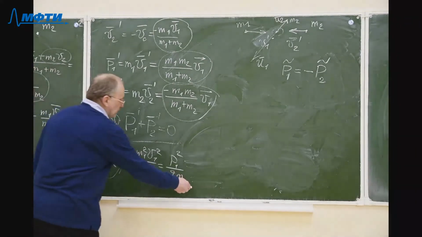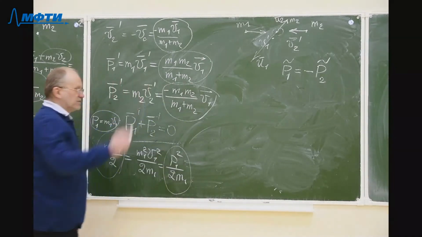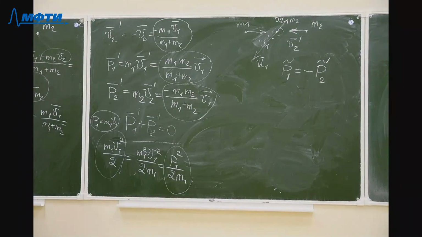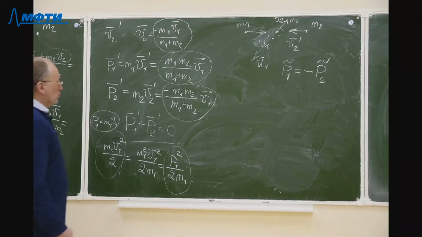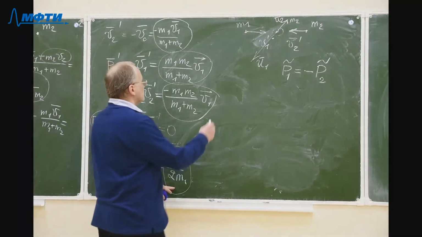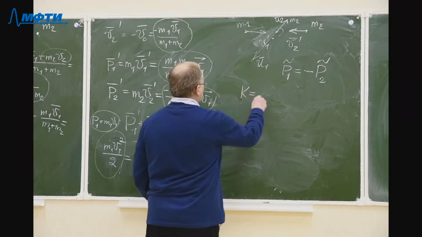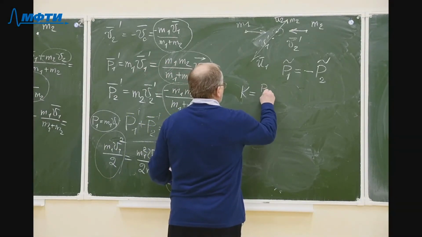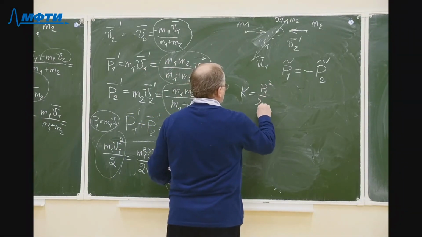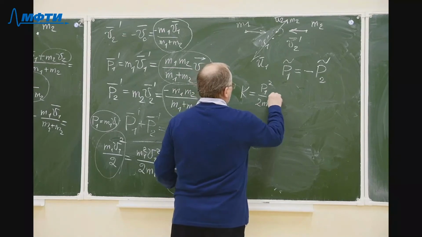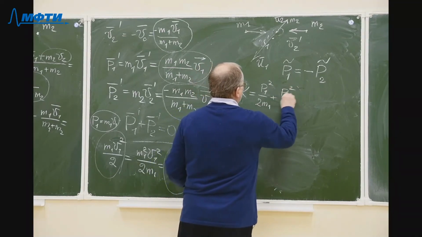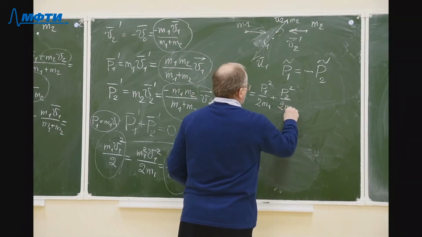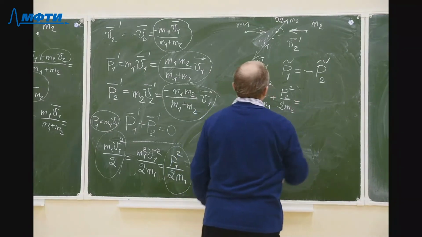So the kinetic energy of any particle can be expressed in this way, using the momentum of this particle. So the total kinetic energy of the particles before the collision was p1 squared divided by 2m1 plus p2 squared divided by 2m2, which equals